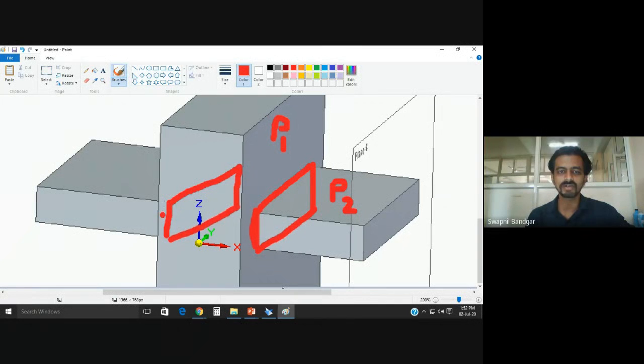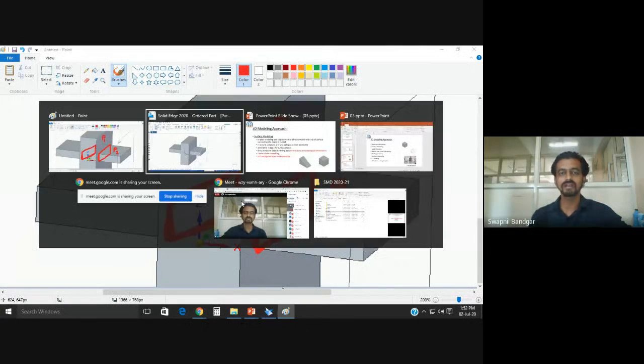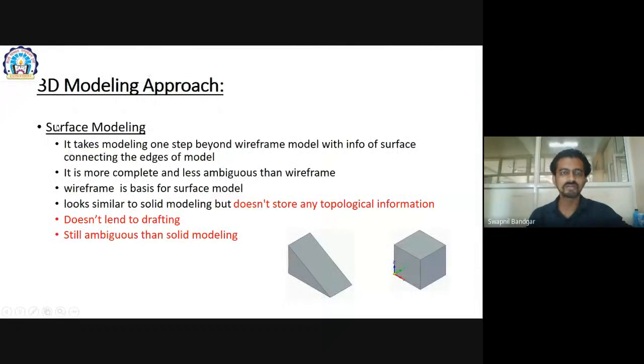This information about these four lines defines that these two components are passing through each other. So software will not understand these things if it is based on surface modeling. That is the biggest disadvantage of it, and that's why it doesn't save any topological information.